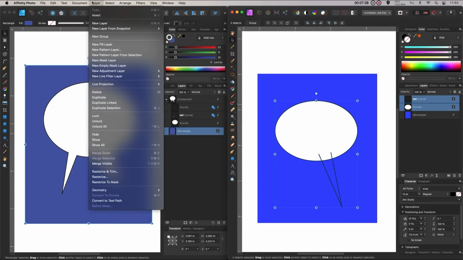This is why a vector program really is the way to go, because of the editability of your balloons and your tails. I mean, you can create whole documents of balloon shapes, tail shapes, and combine them together whenever you like, you know. All right, so